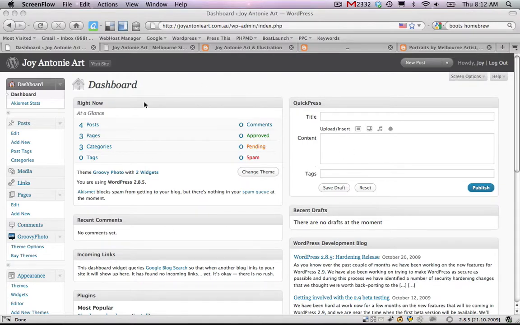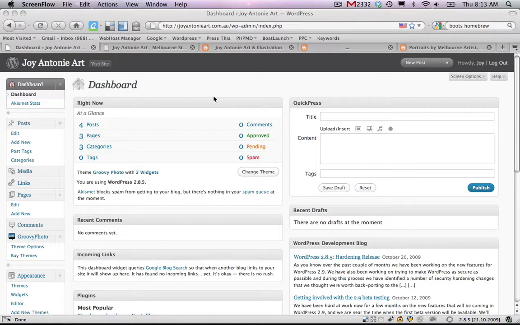What you'll see here is your control panel for the back end of your website. By now you should have received login details for your website, or I would have sent those through to you. If you haven't received them, let me know. So once you've logged in using your username and password, this is what you'll see. It might look a little bit overwhelming to start with, but I'll show you simply how to start adding some of